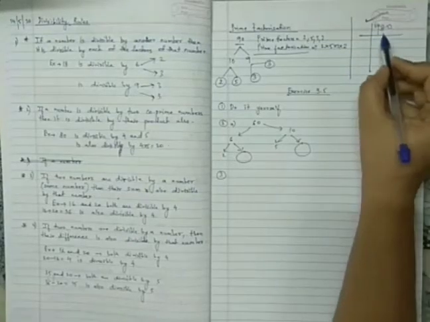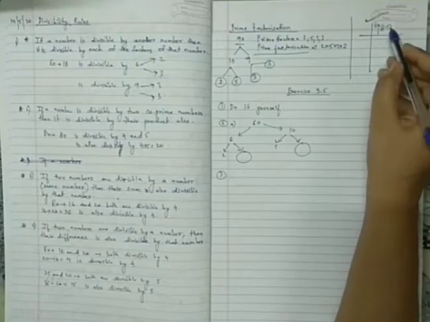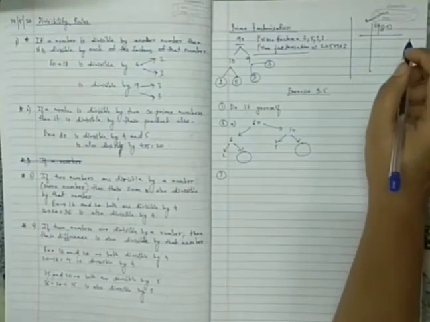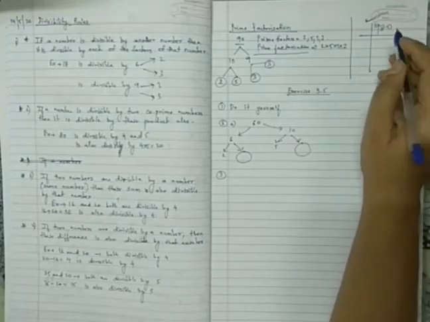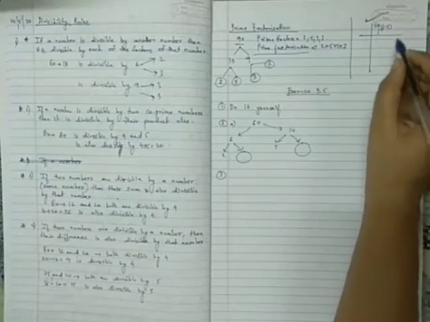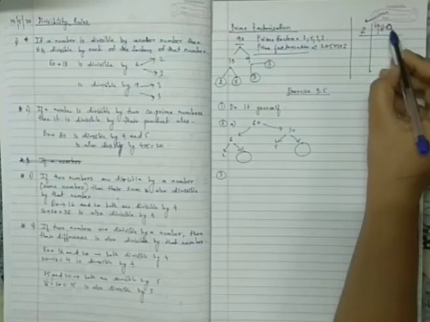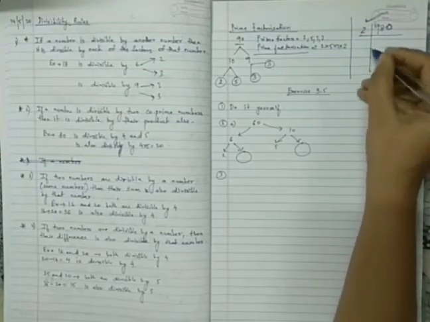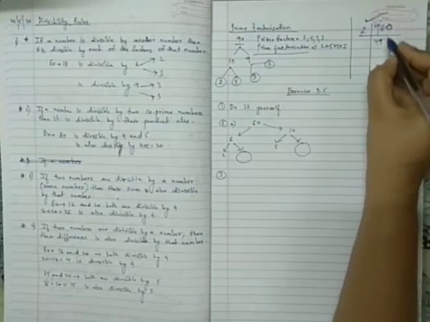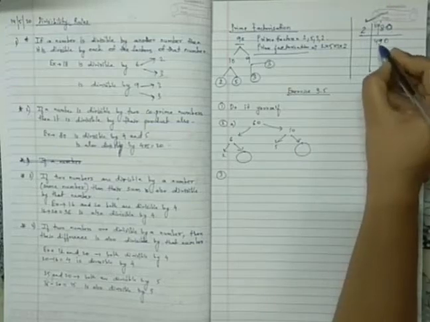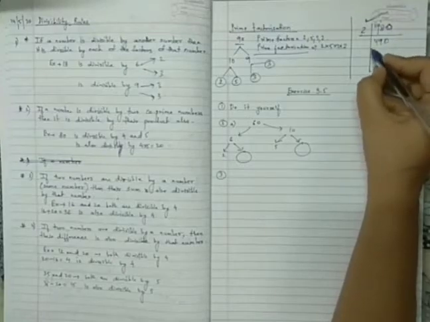Now what will we do? See, 980. This is a bigger number. Now we know that it comes in the table of 10 because it ends with 0. But instead of dividing the number by 10, we will divide it by the lowest number. Now we will try with 2, because 0 is at the ones place, so it is divisible by 2, right? So 2 fours are 8, 2 nines are 18, 1 comes here, and 2 nines are 18, and 0.